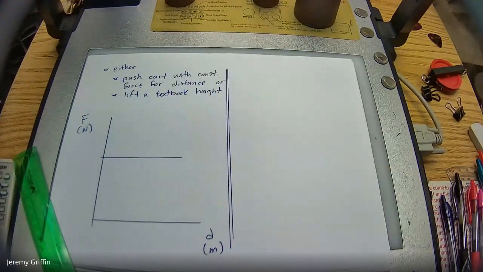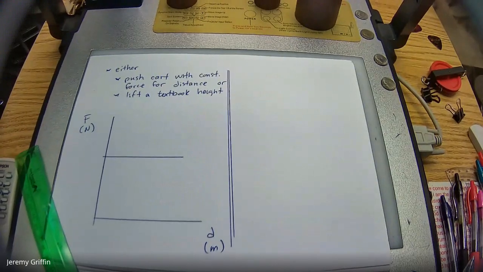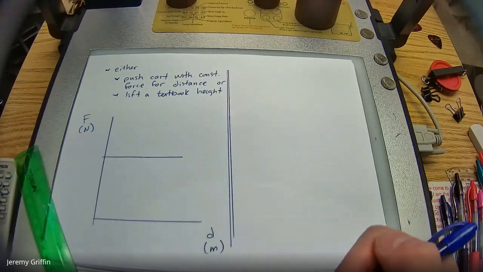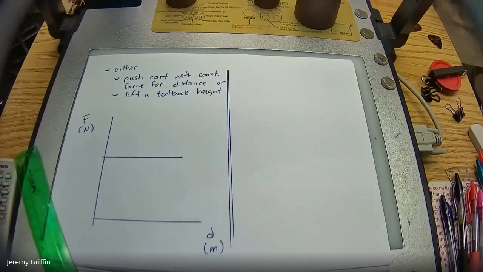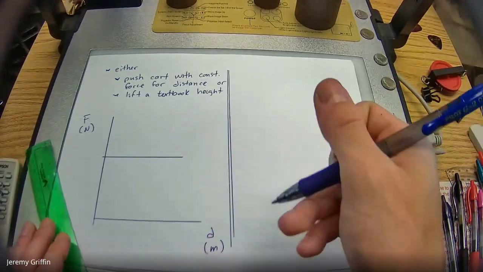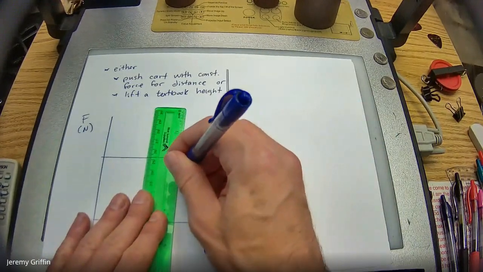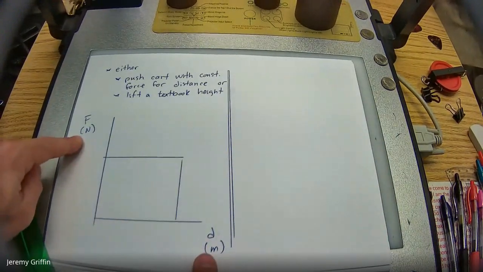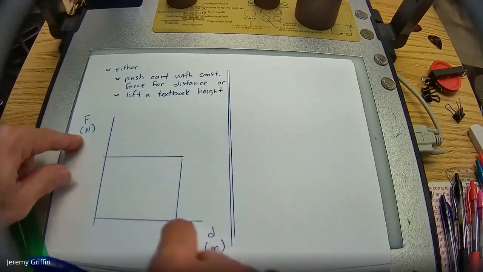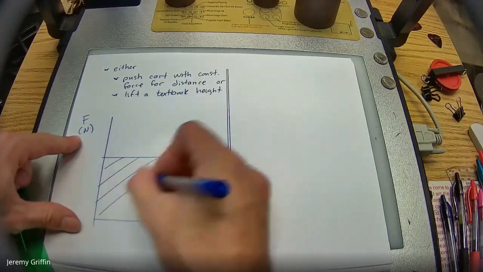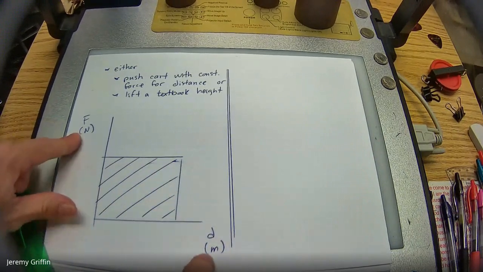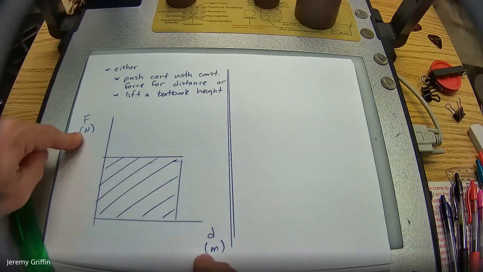Now, something else you guys know about graphs is that different properties of a graph could tell you different physical quantities. For example, a v versus t graph obviously could tell you the velocity, but the slope of the v versus t tells you something about acceleration, and the area under the curve tells you something about displacement. And if you're ever not sure what information you can extract from a graph, a good trick is to look at the units of the axes and ask what you know about some property of a graph based on those units. For example, guess this rectangle right here? What are the units of the area of that rectangle? Newtons times meters, which is some number of joules, isn't it?